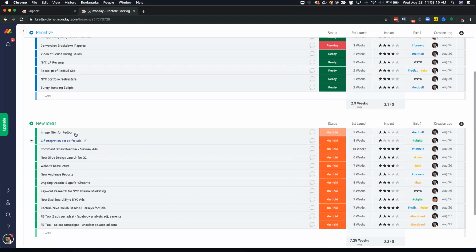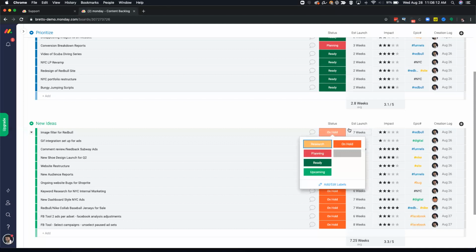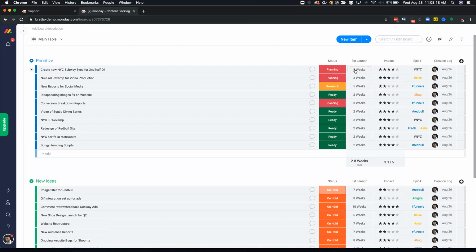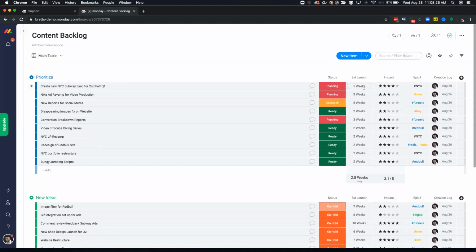So for these ones that are new ideas, I've actually created it on hold. And as you can see, some of these weeks are actually further along in our timeline rather than these other ones which are pretty more recent, as you see 5, 3, 2, etc. That being said, I did want to mention that you can actually go ahead and edit this here. If you click on,